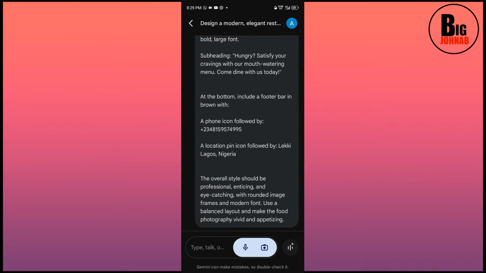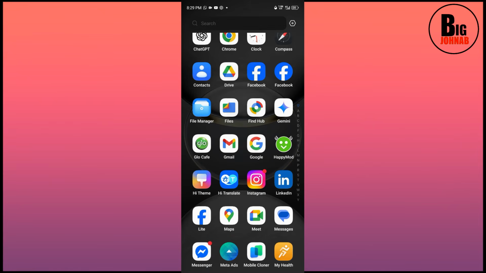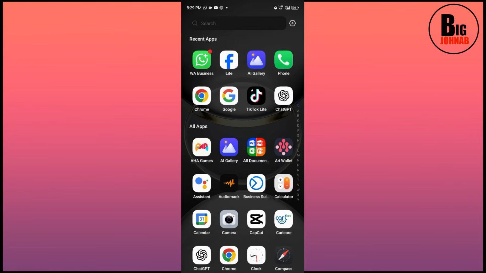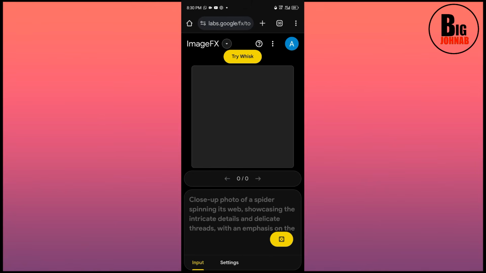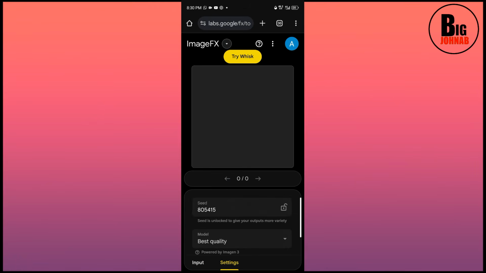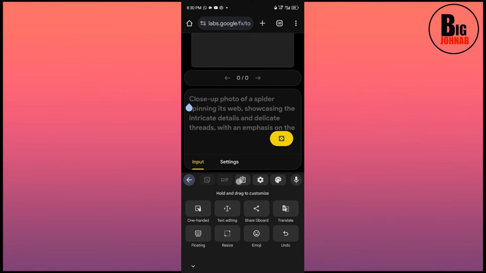Okay, let's try out this prompt on ImageFX also. Yes, on Google ImageFX, and let's compare the result. Search for Google ImageFX. Okay, as you can see here, we are on Google ImageFX. One thing about Google ImageFX is that you can choose your resolution. Come to this setting, choose your resolution to portrait. It depends on how you want the design to be like, and then go ahead and paste your prompt, that same prompt,